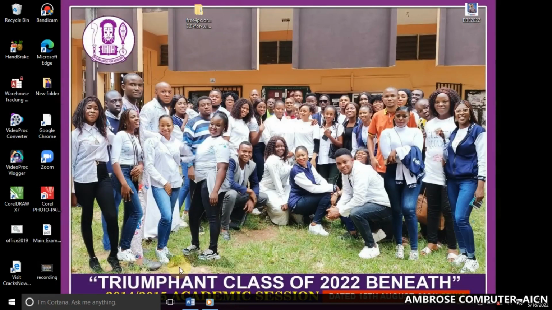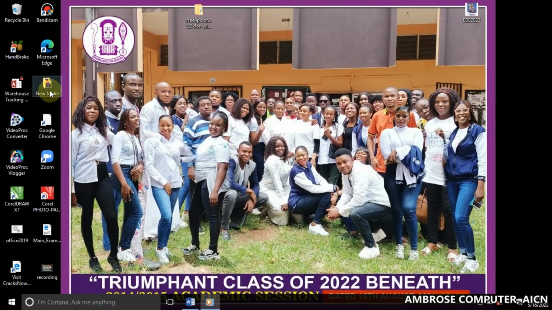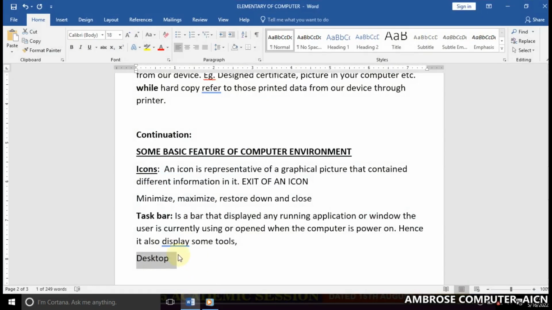The purpose of these basic features of the computer environment is to equip you on how to use this computer. You don't just come and start using the computer. There are rules on how to access the computer and how to access windows, and these are some of the mediums on how to